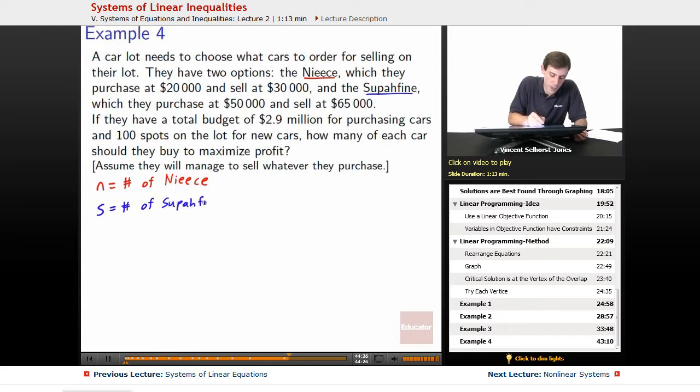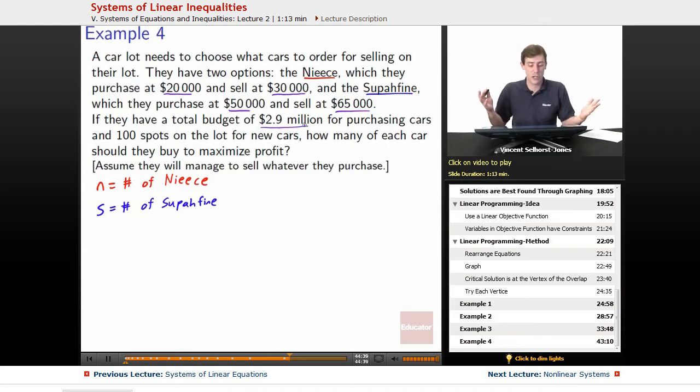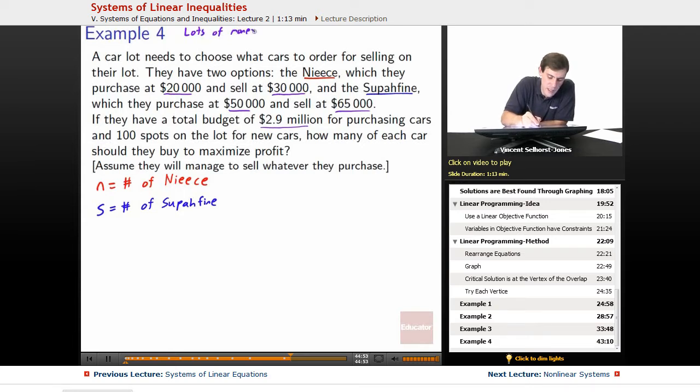Okay. Now, another thing that we've got here is a lot of really big numbers, right? 30,000, 20,000, 50,000, 65,000, $2.9 million. We could work with the numbers as they actually are, and everything would wind up working out, but we'd have this extra factor of 1,000 showing up. All of these things are divisible by 1,000. So why don't we make things a little bit easier on ourselves? Since we're dealing with all these big things measured in the thousands, tens of thousands,